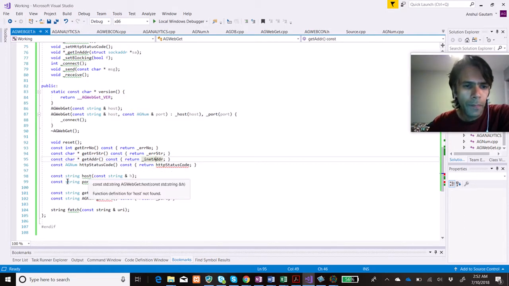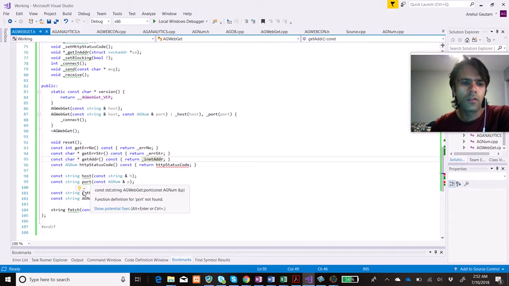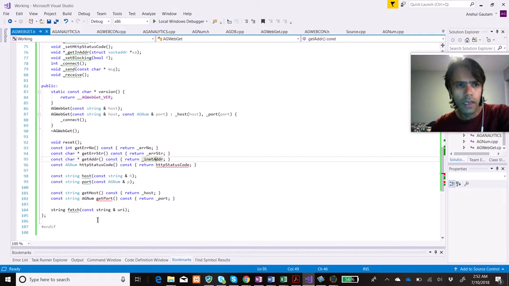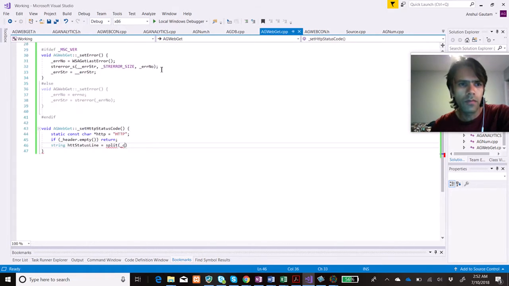Okay, and then you have the string, the host API, and the port API, and these are still to be implemented, so I'm just writing it down. These will be changing in future, obviously. So yeah, this is kind of my list at this point, and here is the CPP file which I'm working